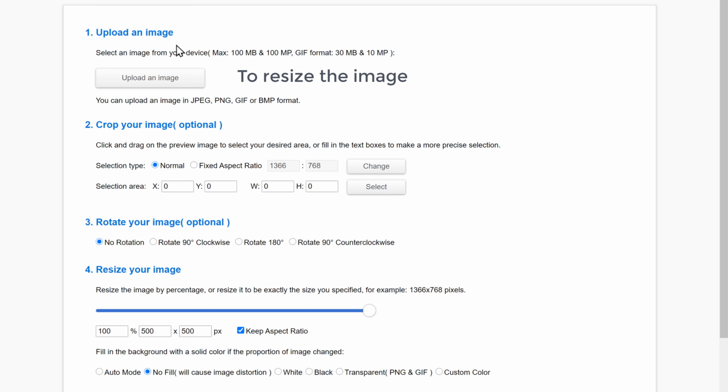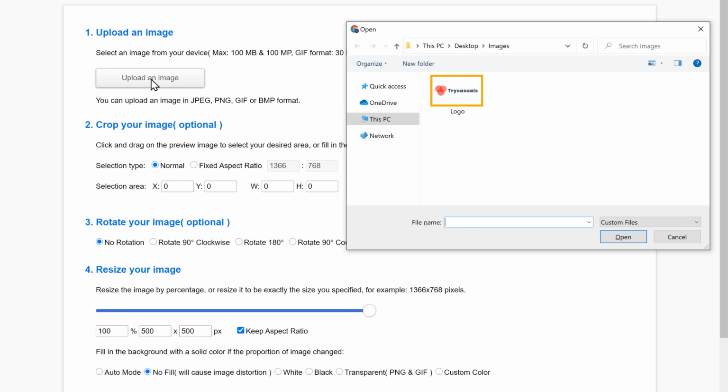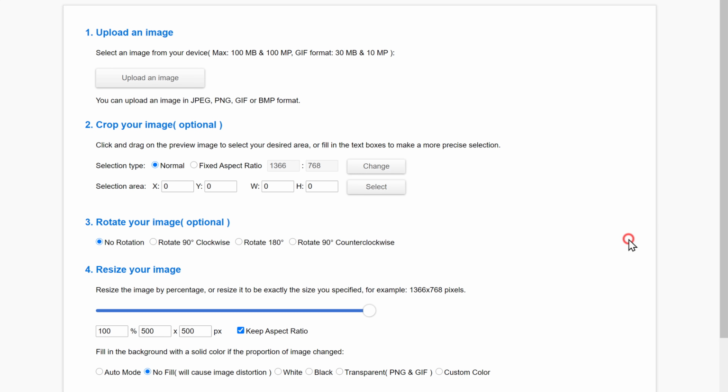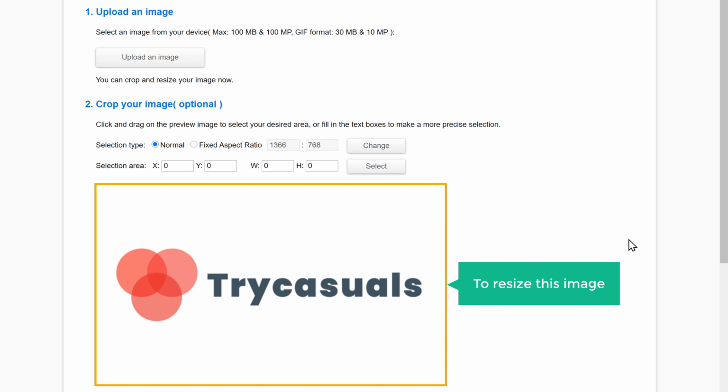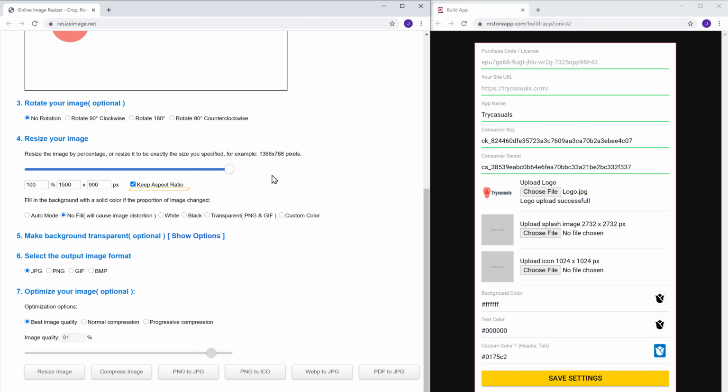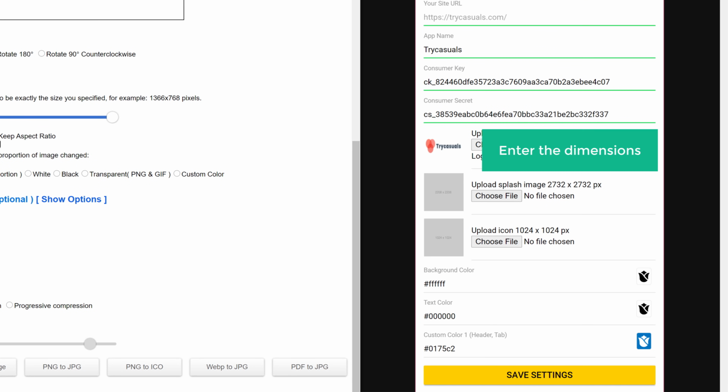So to resize the image, just click Upload and then select your logo and click Open. And the image will be added here. Now to resize this image, just disable this option and then enter the dimensions which is shown here.